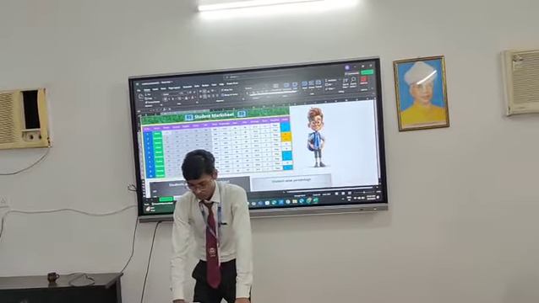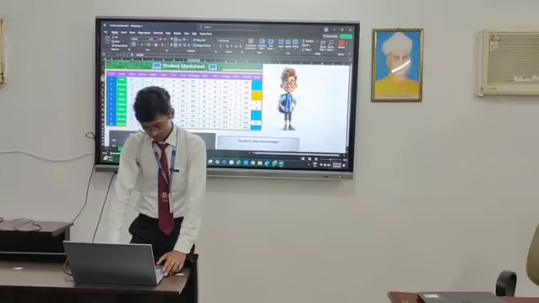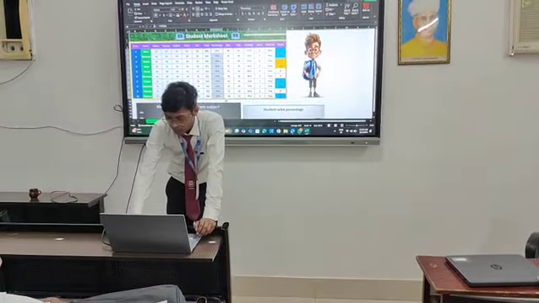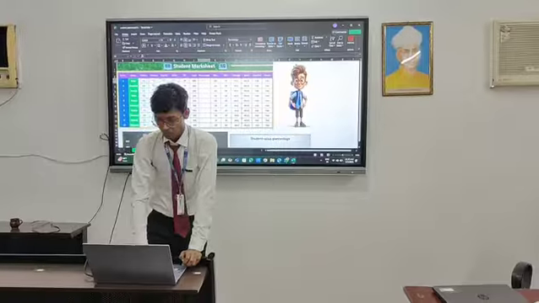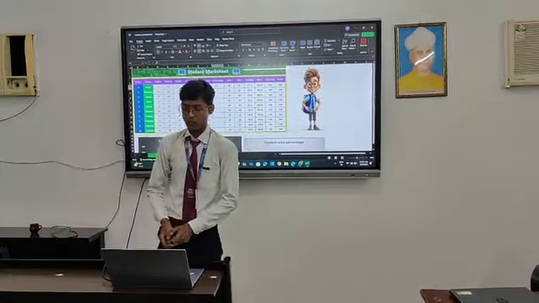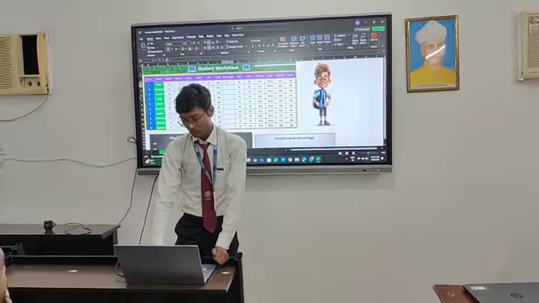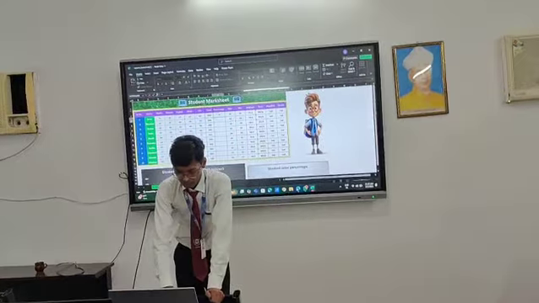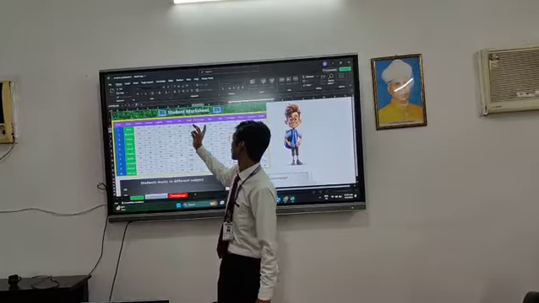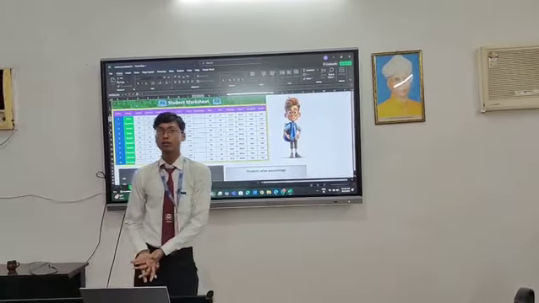Now let's calculate percentage. I have already calculated percentage. I will delete it. Control Shift down to select, then press delete. So how do we calculate percentage? We all have learned in our younger classes to calculate percentage. The formula to calculate percentage is equal to marks obtained, this is the total marks student Sonu has got.